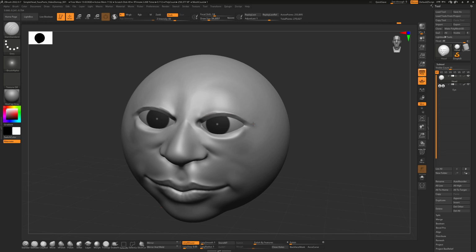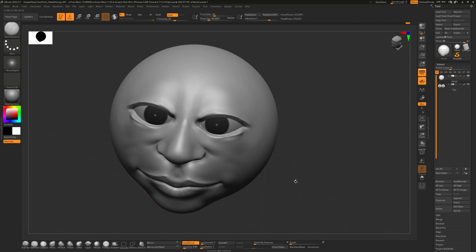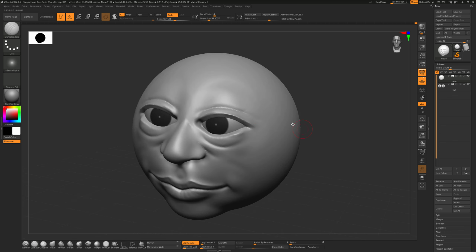So again, I'm holding down Alt and then pulling that shape out with this brush, and then I'm digging in here and then holding down Alt and then trying to make a nice consistent thickness of the lid throughout here like that. And then whenever I'm done, I can do this. This depends on the age, I can put this line down here and then maybe smooth that out, and then maybe I'll put a line up and through here and then maybe smooth that out just a little bit and then